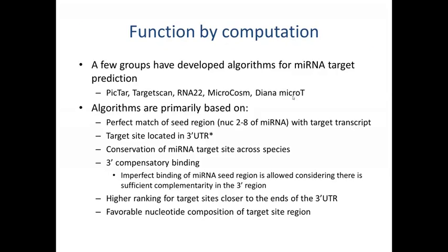Function by computation. Based on these experimental data, a number of groups have developed algorithms for microRNA target prediction, and these include PicTar, TargetScan, RNA22, microCosm, DIANA-microT, etc. These algorithms are primarily based on perfect match of seed regions, nucleotides 2 through 8 of the microRNA, with target transcripts, that the target site is located in the 3' untranslated region, that there's conservation of a microRNA target site